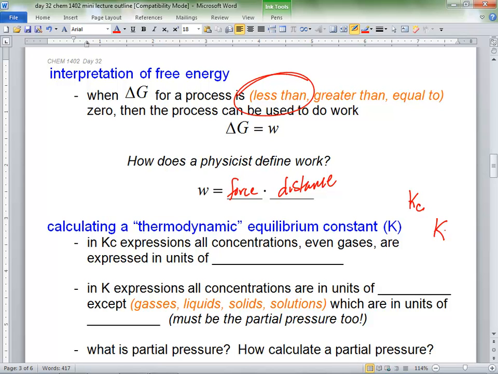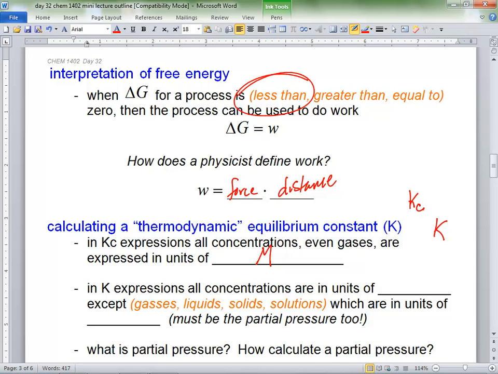all the concentrations, it doesn't matter if it's a gas, a liquid, or a what. Right? Well, liquids don't show up, do they? Gases or aqueous. Everything was expressed in units of what? What units do we use to express concentration? Do you remember? Listen to Albert. Albert knows. Big M. Now, what is big M, though? Molarity, which is concentration, which is what over what? Yeah, moles over liters. There you go. That's what big M was.